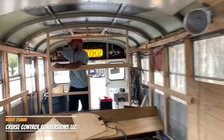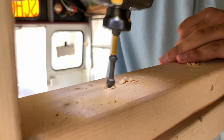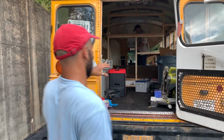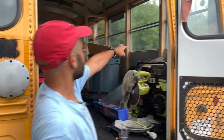Framing, that wall framing is all about to come down. So this is all going to be an open space. The actual wall for this rear workshop is going to be 24 feet ahead of here. So when you walk in, there's going to be a little gap for storage. And then starting at this beam,